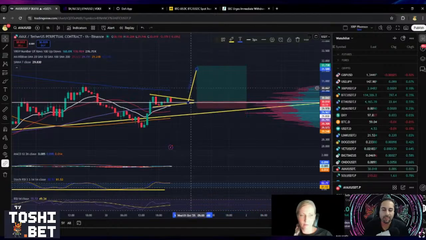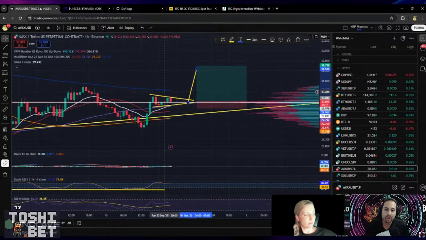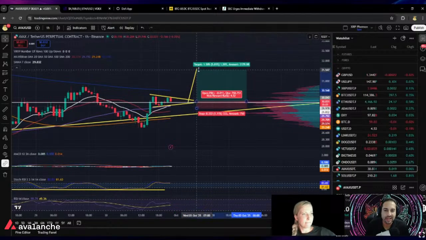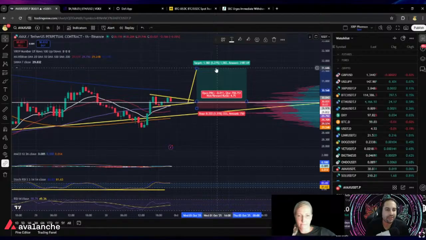So the bet here would be that we're going to take over the 1 hour 200-day moving average, right? Yeah. If we lose this trade, it's probably going to come up, get rejected by it, and reverse course, right? So you're looking at a move up to potentially 31.6 bucks. Your entry would be now, and your stop loss would be here at around